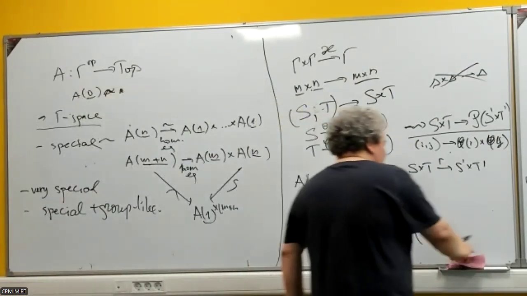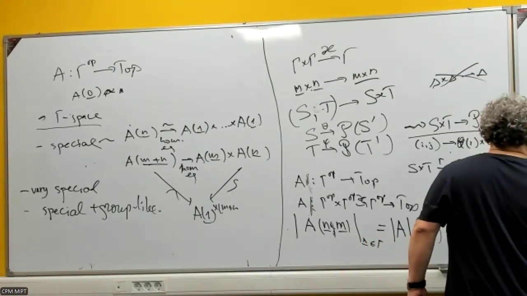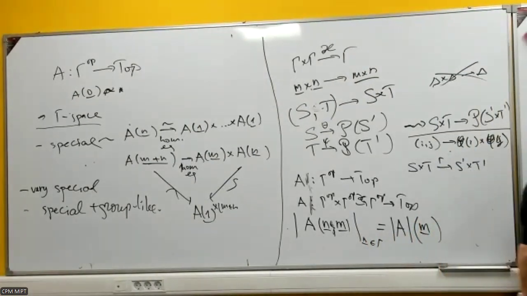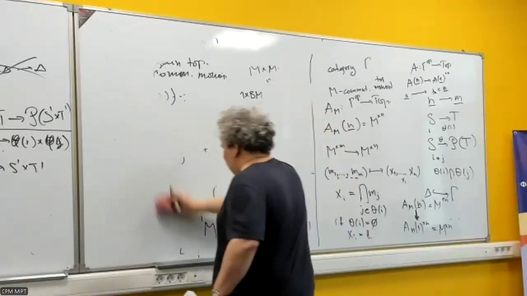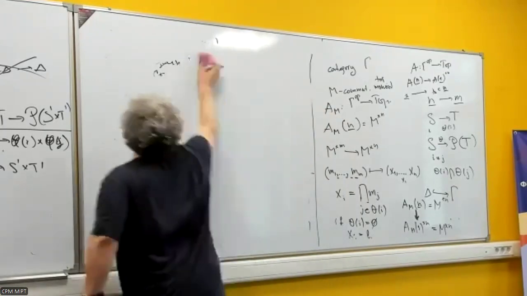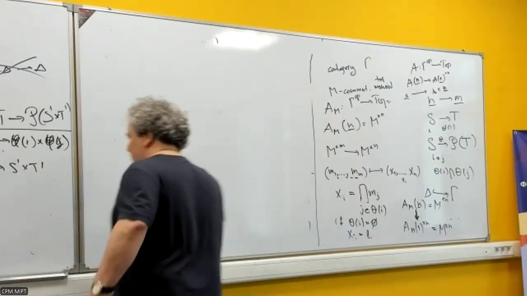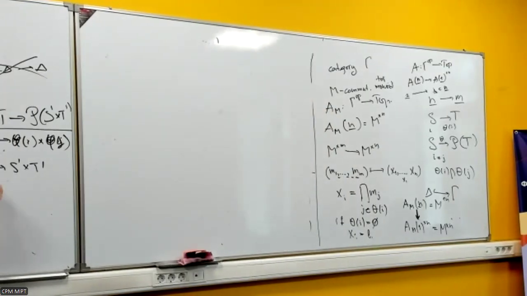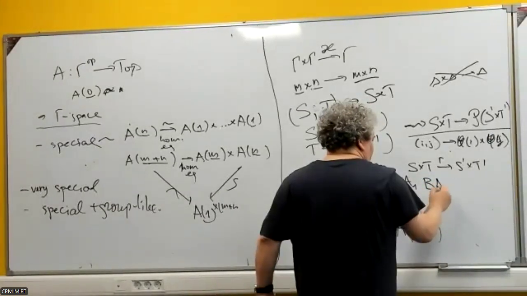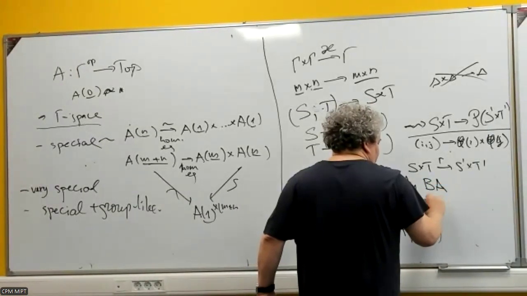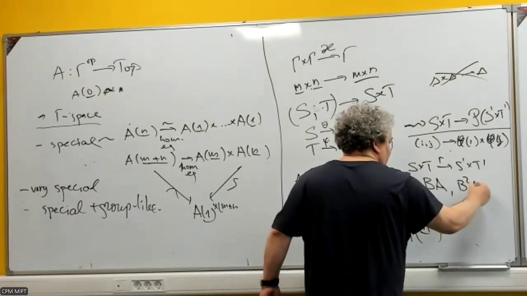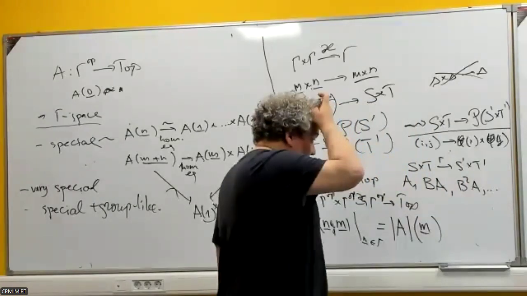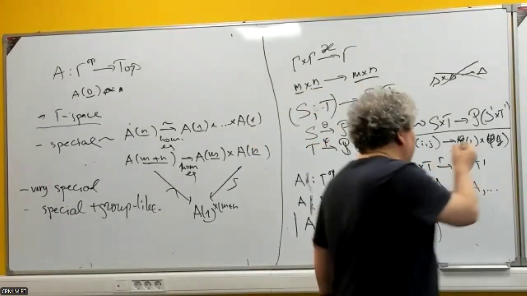So first of all, let me make some remarks. I use the same notations as for commutative monoids. When I iterate this process, I call it, say, B. I have A, BA, then B square of A, and so on. And then we get a spectrum. And now, actually, if A1,